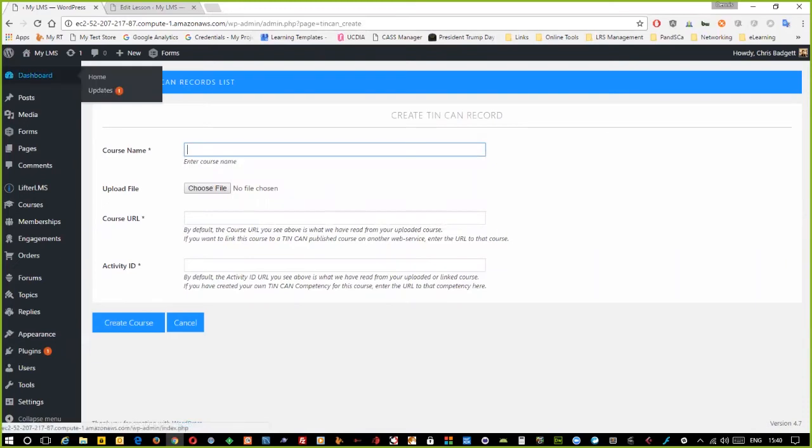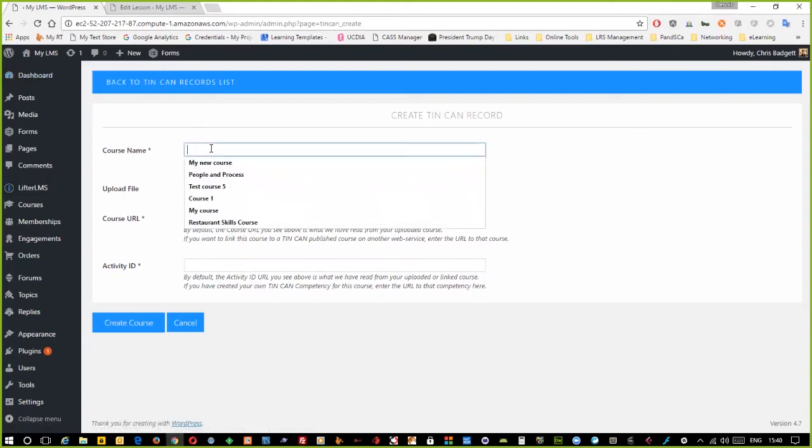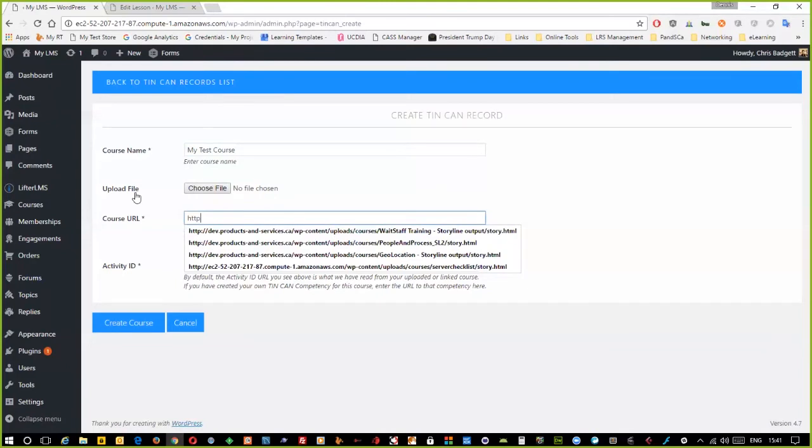That's the same one we just did. I'm going to do a course called Test. There you go. My test course. Now this is just a single page little thing where you click a few buttons. Of course, you have to spell the word right first. Now, rather than choose a file and upload, what I'm going to do is type in http://